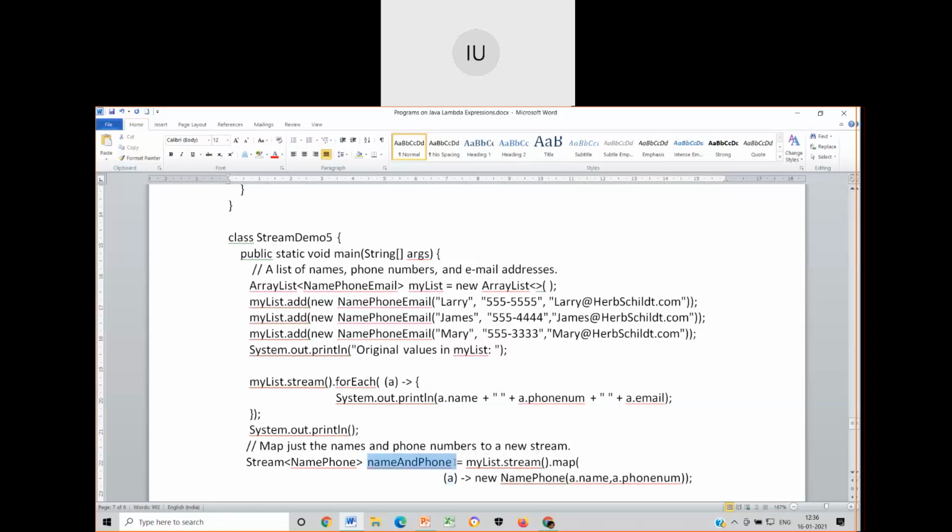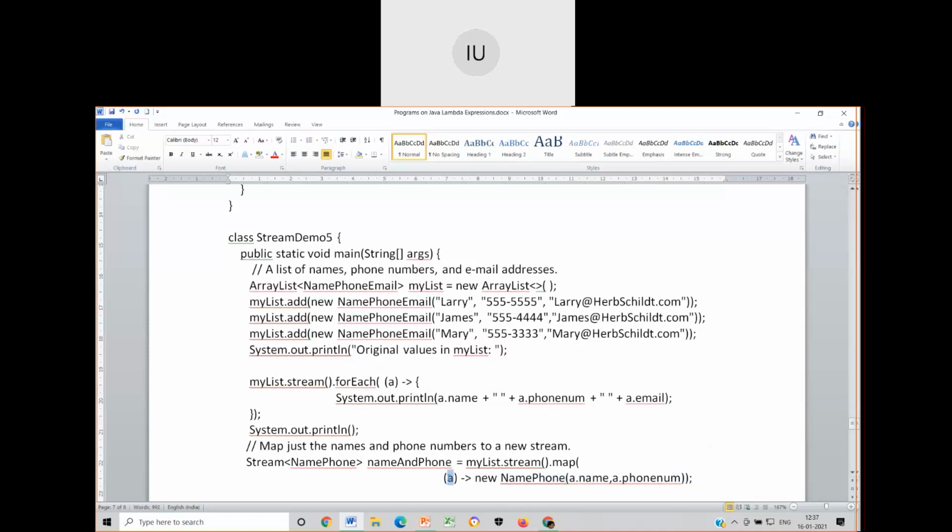This name and phone is the handler with which the values that are supplied will be available. Okay, so name phone of, this is a constructor of the output, constructor of the output class. To this, I will supply the name and phone number available in the original class.